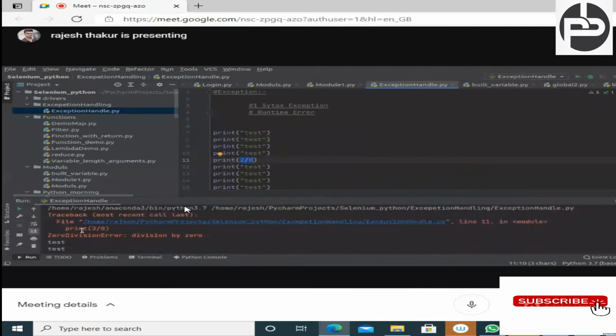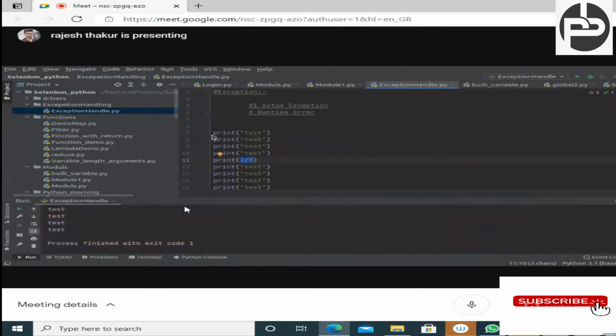You can see my fourth test got printed successfully, but due to line number 11, I am getting this error. Syntactically it is correct, but the interpreter gives the error because the interpreter is intelligent. It gets to know that you are trying to divide a number by 0, and it will not allow it.